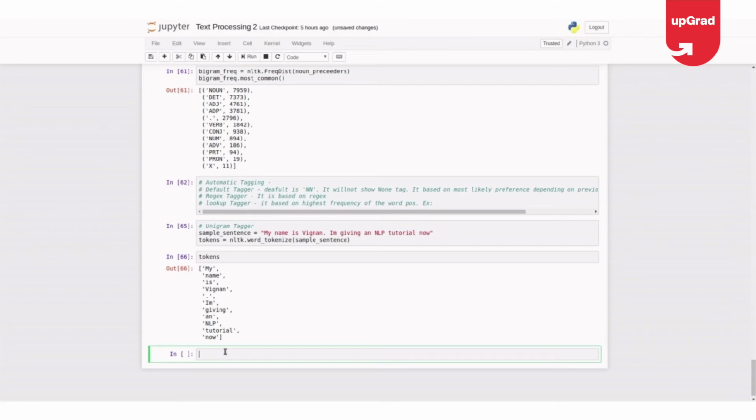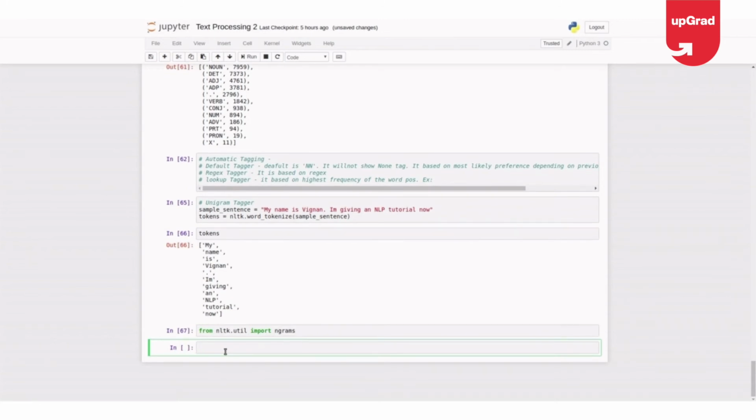Let me import from NLTK dot util import n-grams. Now I say NLTK dot n-grams of tokens and unigrams. So I want to split my sentences and give my unigrams.